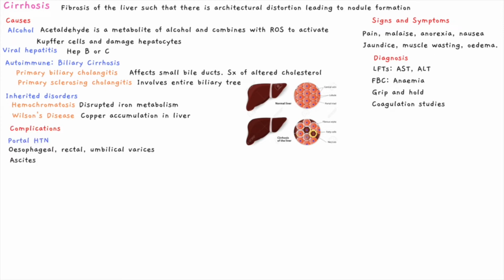It is very important to understand the several complications that can arise from cirrhosis. Portal hypertension arises from two main mechanisms. Firstly, fibrosis causes increased intrahepatic resistance and hence hypertension. Importantly, this can lead to blood being shunted away from the liver and into places that are not designed to take this extra blood, such as the esophagus, umbilicus, and even rectum, leading to the signs of varices in